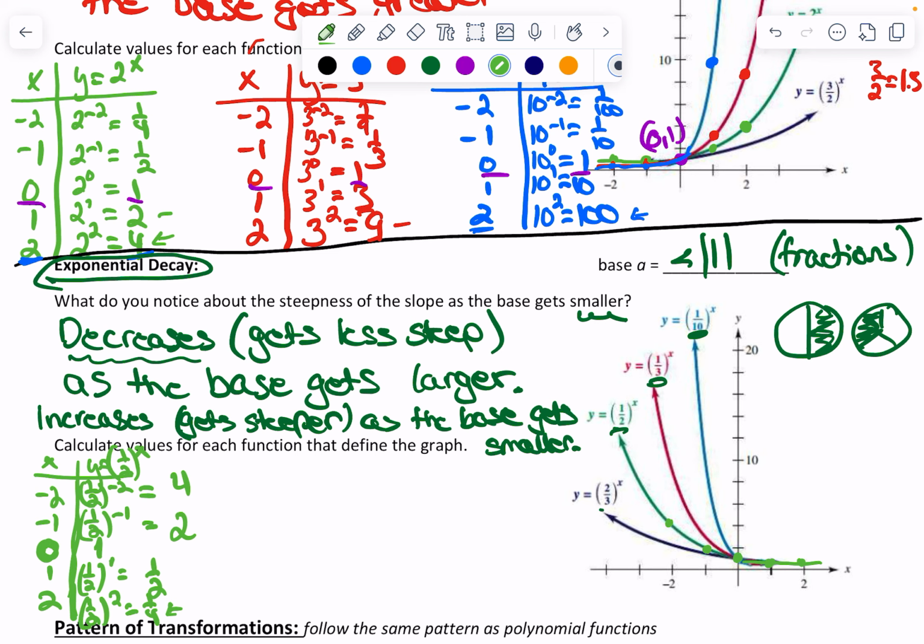Can you guess which point they're all going to go through? The y-intercept is going to be 0, 1 for all of them, as you can see from the graph. Okay, let's do